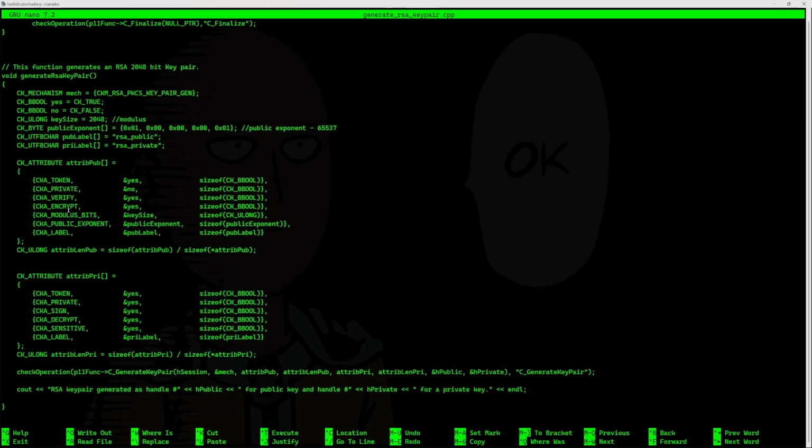Okay, so this is a function which is going to generate the key pair. The key pair is going to be of size 2048. Inside this function, I have declared a variable called mech. Mech is of type CK_MECHANISM, and the value that I've specified is CKM_RSA_PKCS_KEY_PAIR_GEN. I'm sure you must have noticed it says key pair gen, not key gen, which means this mechanism will generate